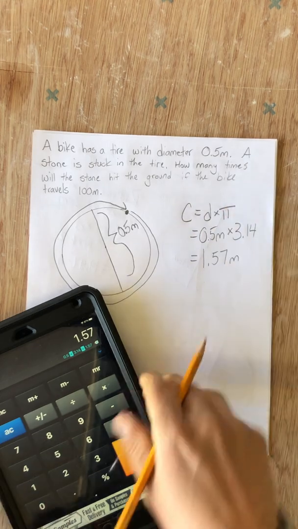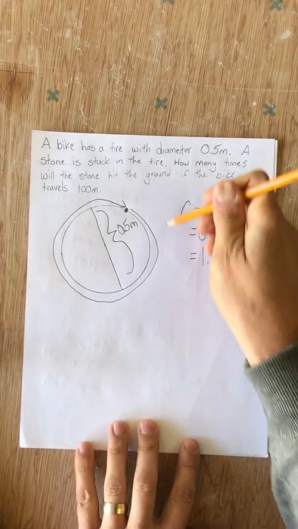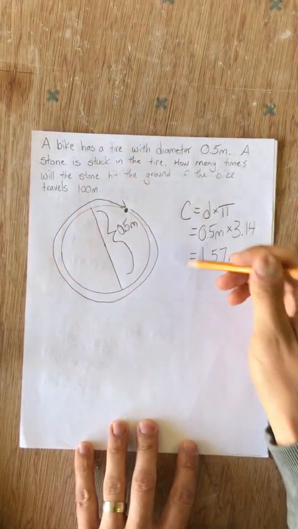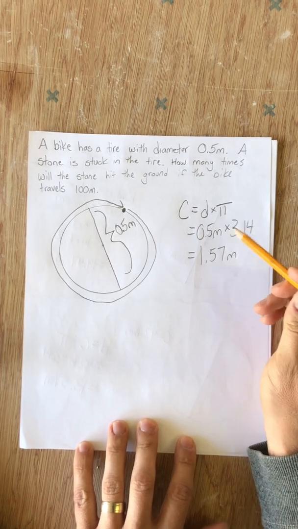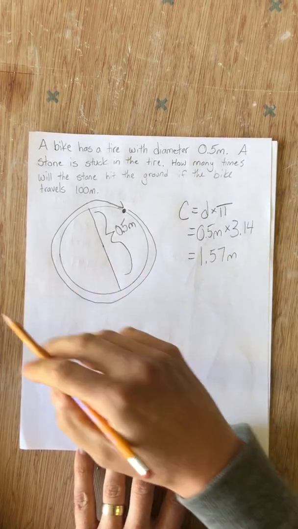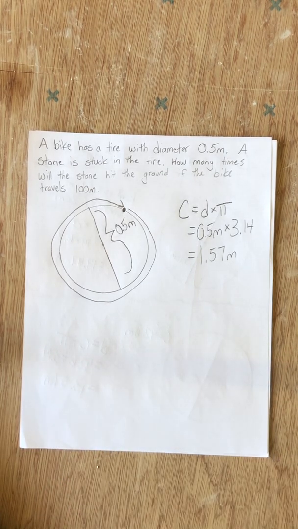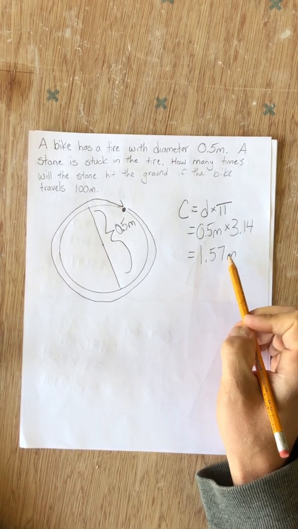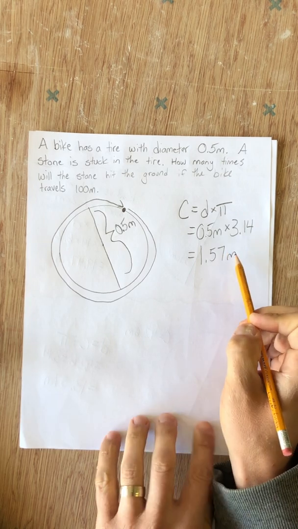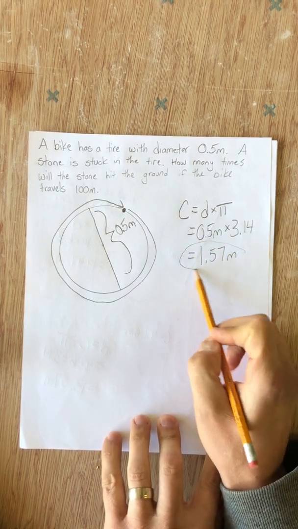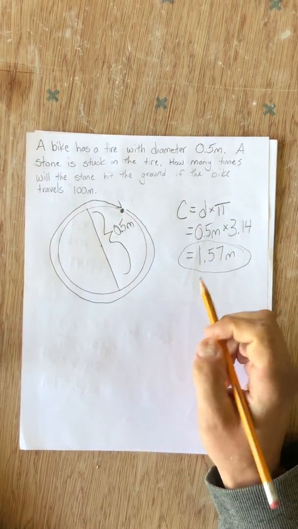1.57 meters. So the circumference of my tire is 1.57 meters. So what that means, every 1.57 meters, my tire is going to do one full turn and that stone is going to hit the ground. So now I need to find out how many times does my tire make a full 1.57 meter turn